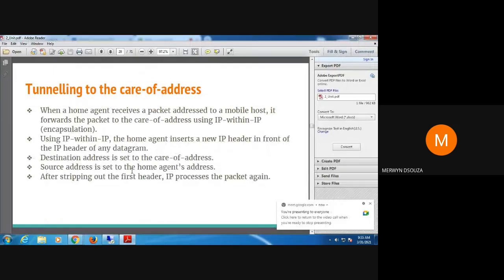So this entire process of encapsulating, sending the packet to the foreign agent and decapsulating, all of that is happening within the tunneling. Tunneling means sending the encapsulated packet to the care of address. So basically the packet is being sent from the home agent to the foreign agent through a virtual path.